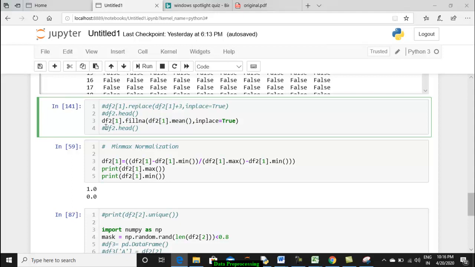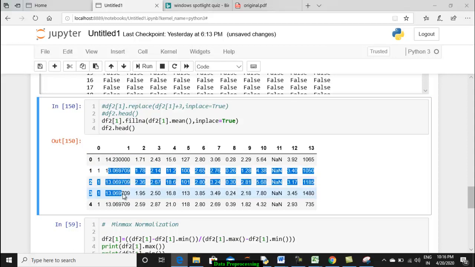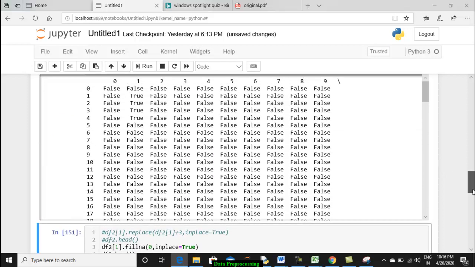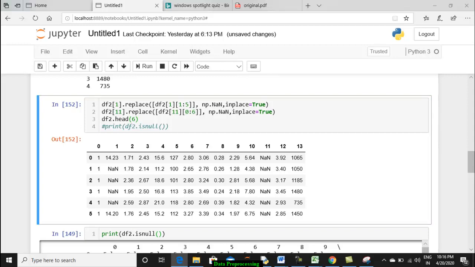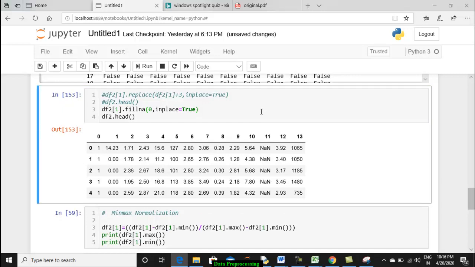Okay, so we'll just print after executing this. You can see these are the values that were NaN, right? Now they are being filled with the average of that column, the mean of that column. 13.06 is the mean. That is one way. But whatever value you pass here, it can be filled with that value. Suppose I give 0. You see, it doesn't have a null value now, so first let me execute this in order to have NaN again. Then if I come back and rerun this, see, zeros get filled in very easily.